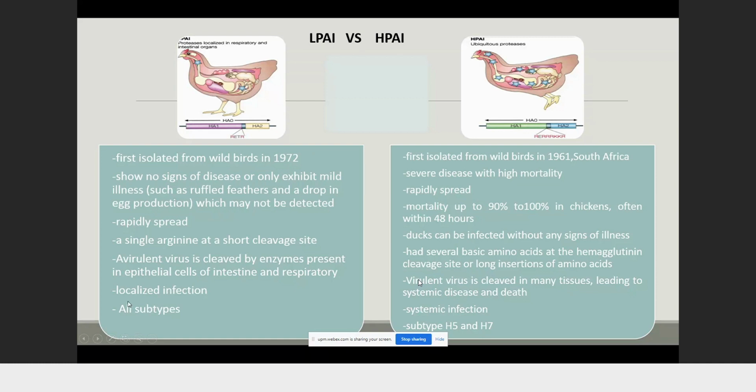So in general, there are two types of avian influenza: low pathogenic avian influenza and highly pathogenic avian influenza. Basically, this covers subtypes H1 until H16. I say H16 because H17 and H18 have been found only in bats. Probably, I don't know, we need to check. If it's not present now, it might be present in the future. So basically, low pathogenic avian influenza occurs in all subtypes. However, HPAI, or highly pathogenic avian influenza, only occurs